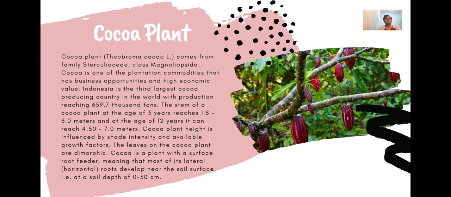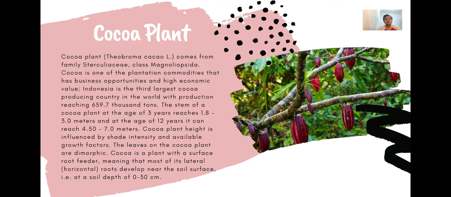Cocoa plant. Cocoa plant comes from family Sterculiaceae, class Magnoliopsida. Cocoa is one of the plantation commodities that has business opportunities and high economic value. Indonesia is the third largest cocoa producing country in the world, with production reaching